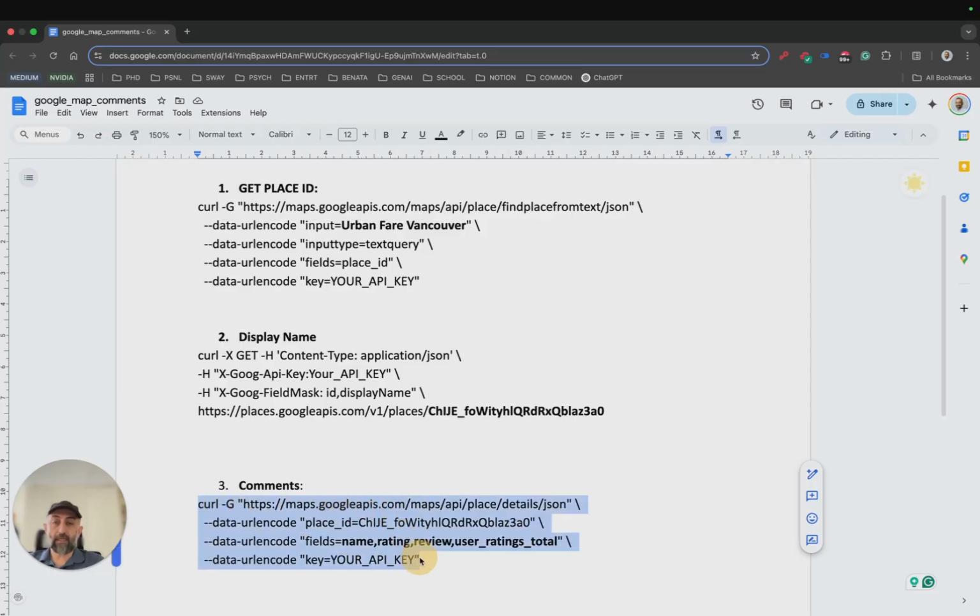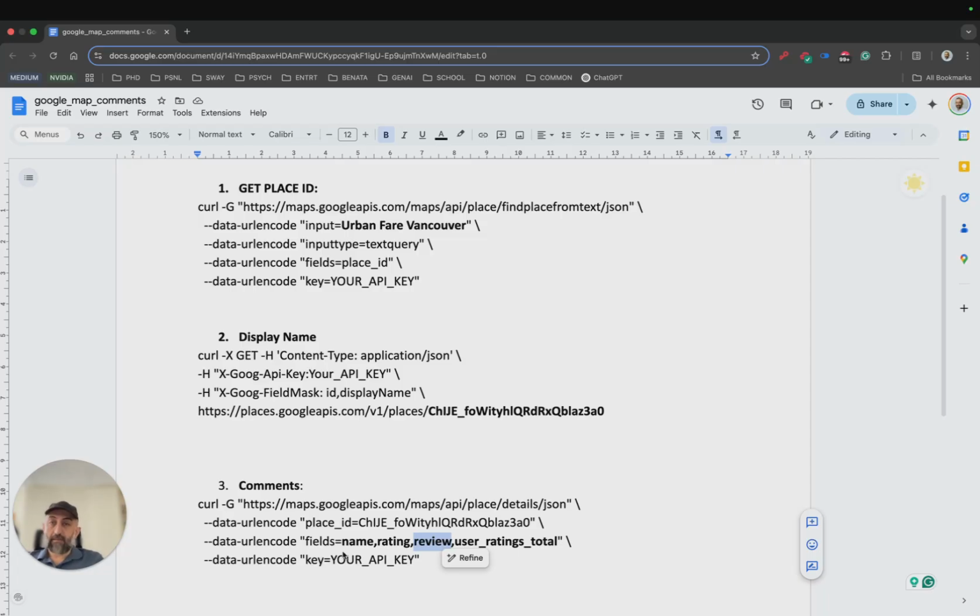Using this curl command of the Google API, you give the place ID of the place whose comments you want to analyze and determine the fields that you want to retrieve in this API call, which in this case were the rating of the customers of that place, all the reviews, and basically these things related to customer feedback.